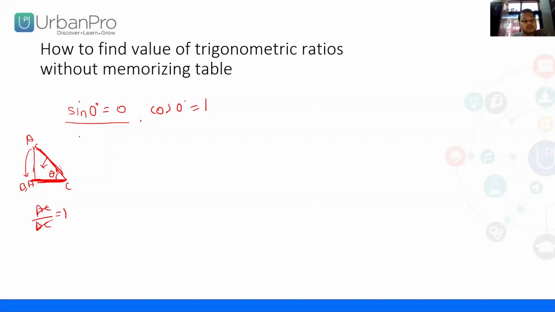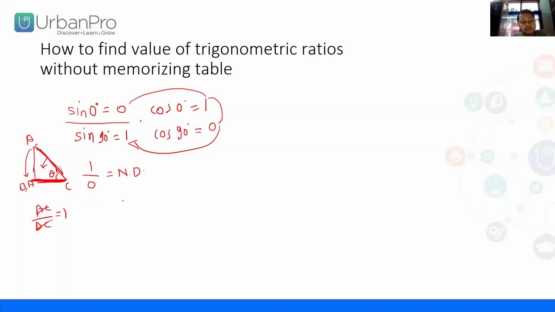And if sine 0 is 0, then you can take sine 90 as 1, and cos 90 as 0. So there is an alternate thing: after 0 comes 1, after 1 comes 0, and after 0 again 1. So you can memorize it like this also. And there is another thing: 1 by 0 is not defined, you should know, and 0 by anything which is not 0 is 0. So with the help of all this, we will learn how to find the values of